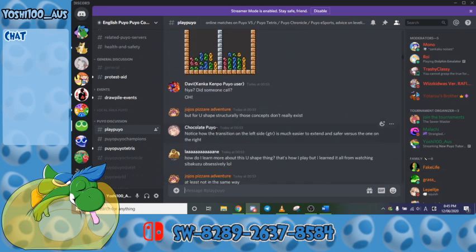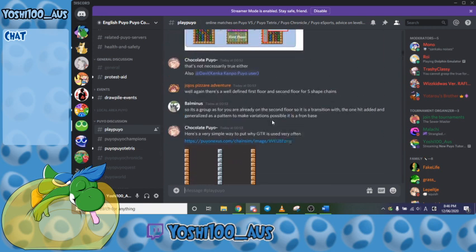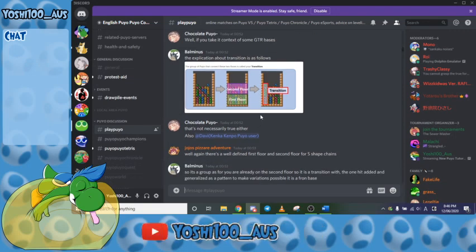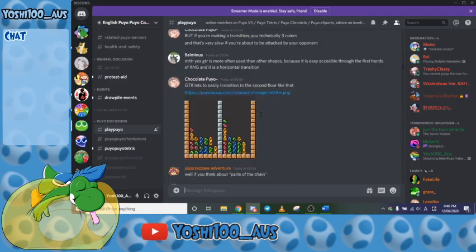Yeah, see, for U-shape structurally, those concepts don't really exist, but I feel like they kind of do, but it'd be handy to have a name for them, right? So, yeah, it's hard to say what it is, right? So they also discussed,